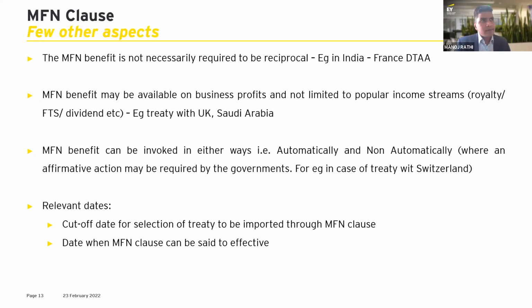There are treaties like, I think, India-Sweden, which does not specifically say that the treaty from which you want to borrow the favorable language has to be signed only after the treaty under consideration. Whereas there are treaties like Belgium, like I mentioned, which specifically say that only a treaty that is signed subsequent to India-Belgium will you look at to import the benefit into the specific treaty. So again, each treaty will have its own specific application, but the exercise that will first have to be done is that one will need to draw a cutoff date for selection of the treaty to be imported into your facts through the MFN clause, and that will depend on the specific language in the facts of your case. The second part will be when the MFN clause can be said to be effective,